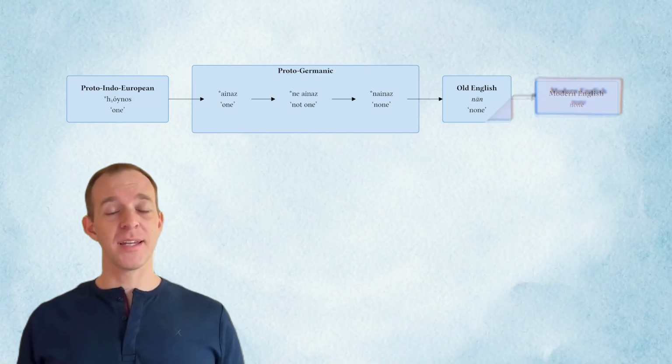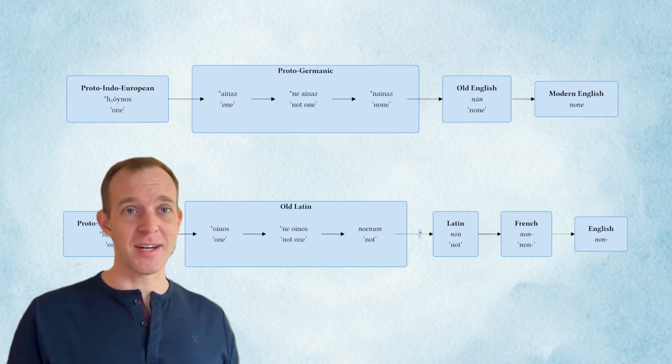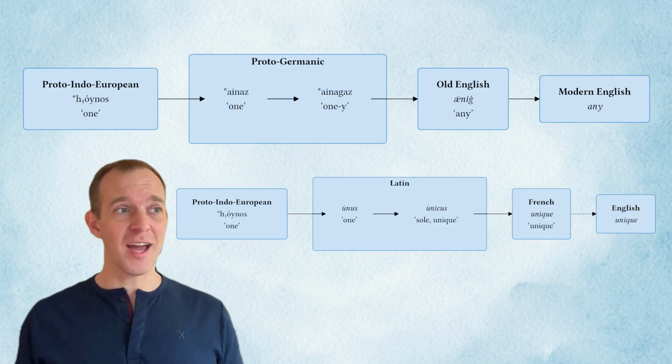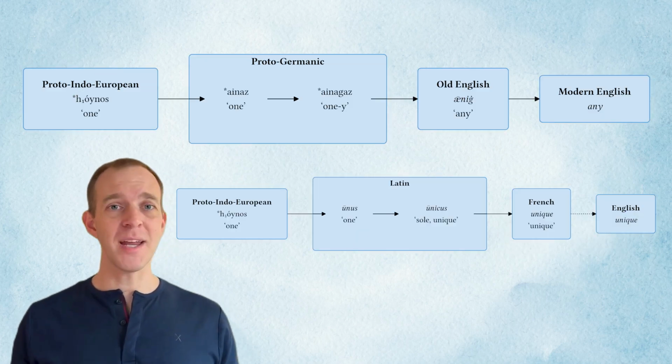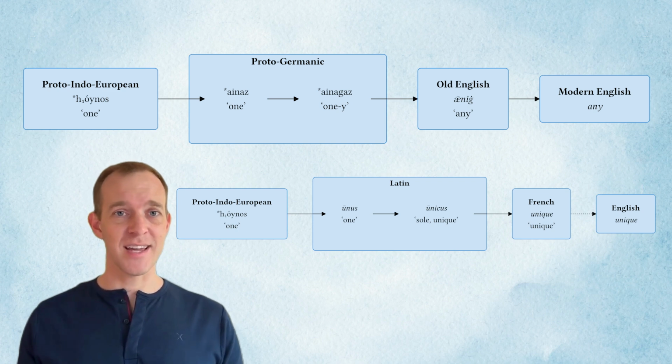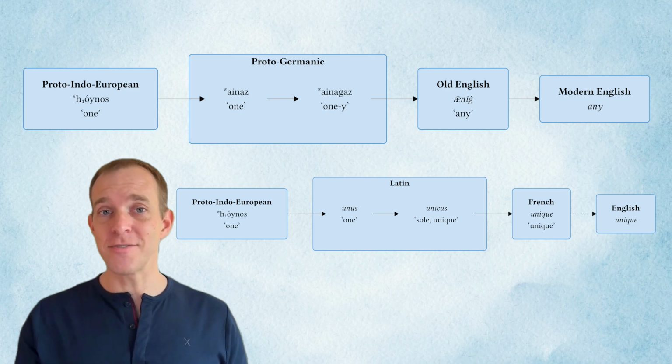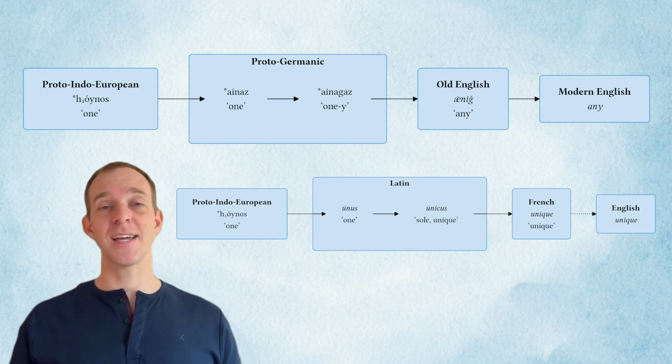You may have also noticed in our little scamper through the etymological tree that the same word and concept can develop independently in different branches, or even at multiple times within the same branch. Both none and non come from a construction meaning not one, for example, while both any and unique are etymologically one-e. Proto-Germanic had the suffix likas, like, which became the modern ly suffix, but modern English also uses like as a suffix, in words like cat-like.